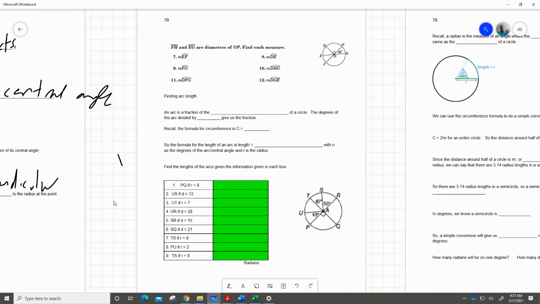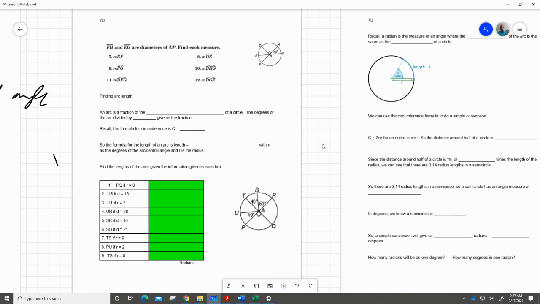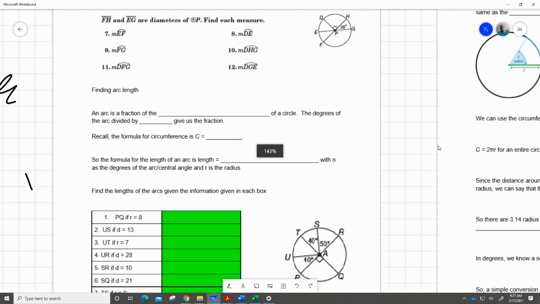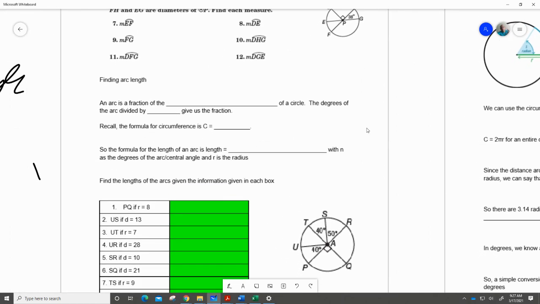And then we'll go from here, and I'll give you guys this arc length thing over here as well. This is a pretty simple deal. An arc is just a fraction of the circle's circumference. If we're trying to find the length, it's a fraction of the circumference. The degrees of the arc divided by 360 gives us the fraction. So whatever degrees of the arc